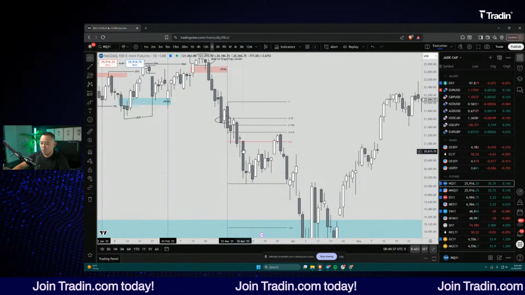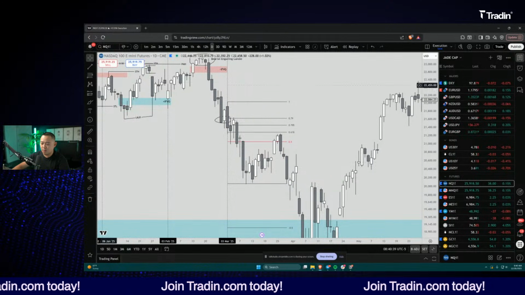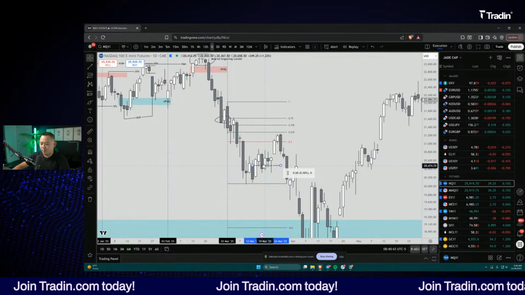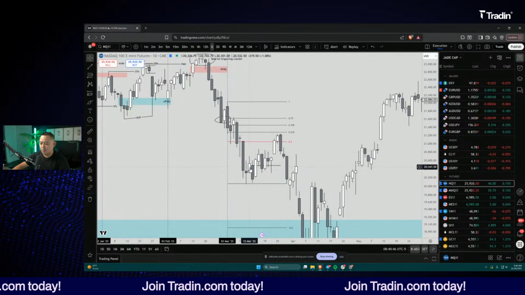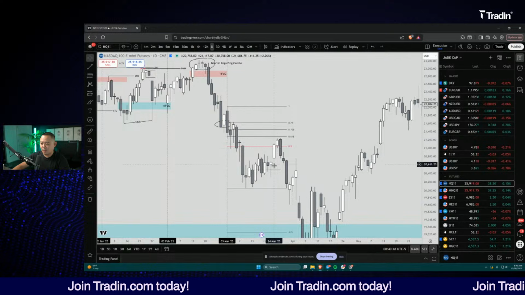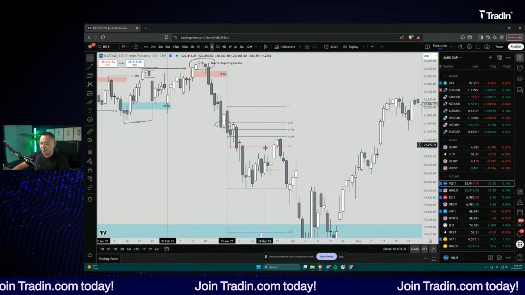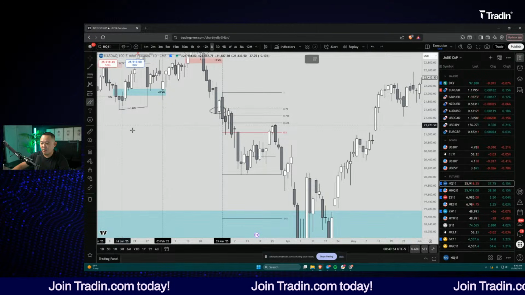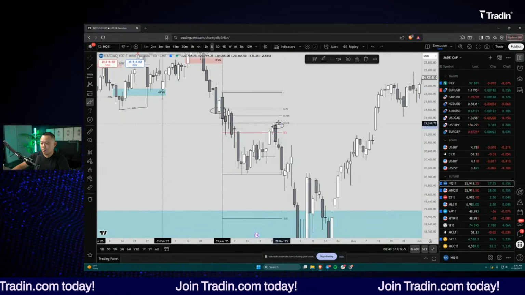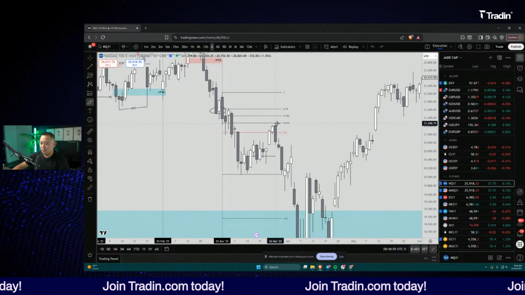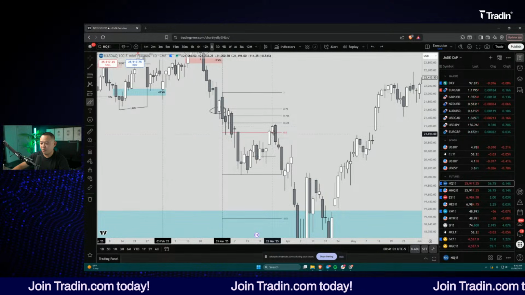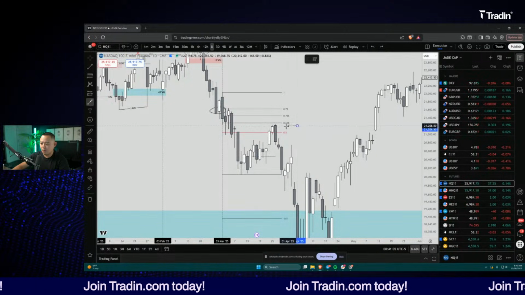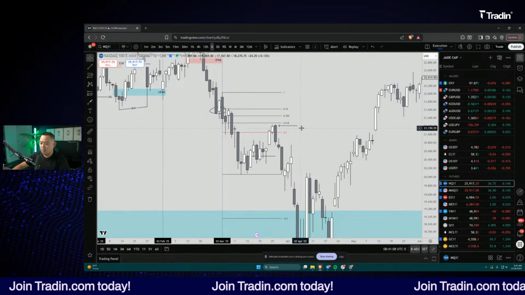So there's not too much to talk about in here. Maybe you want to get long on these closures above these down close candles, but again, you have to properly manage your risk and your targets, because the run higher it's struggling with. That's high resistance. You're trying to trade long inside of a bearish trend instead of waiting for the market to show you when it's ready to roll over. It rolls over here with this bearish engulfing candle. So we get another daily bearish engulfing candle over here, and then you can lean short again.